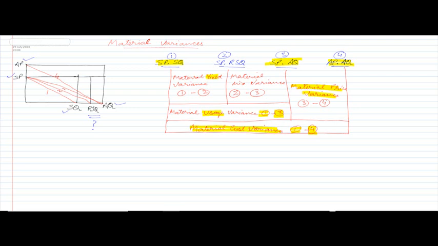Then is material yield variance. It is first minus second calculation. First calculation is standard price into standard quantity, and second calculation is standard price into revised standard quantity. And then material mix variance is the difference between second and third calculation, which is standard price into revised standard quantity and standard price into actual quantity. Now let us see how these revised standard quantities are to be calculated and how the numerical problem is to be solved.